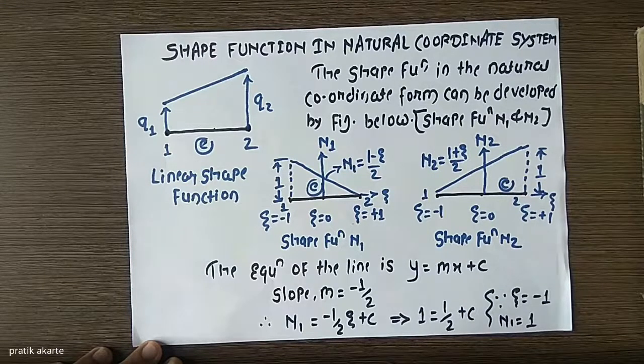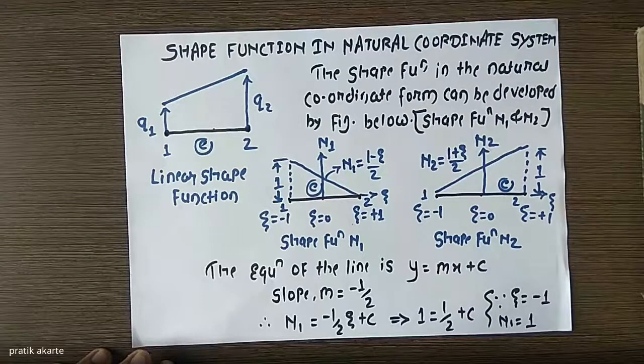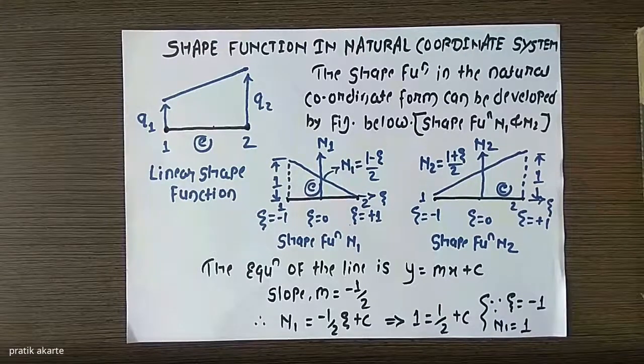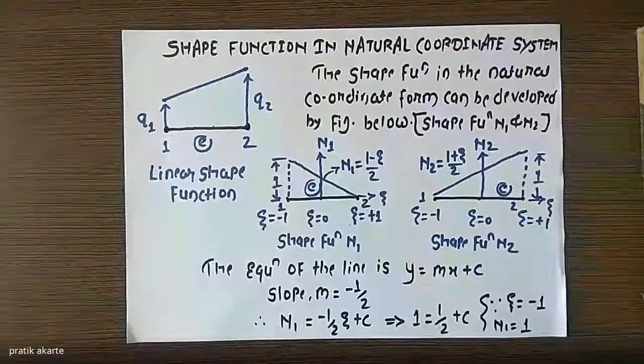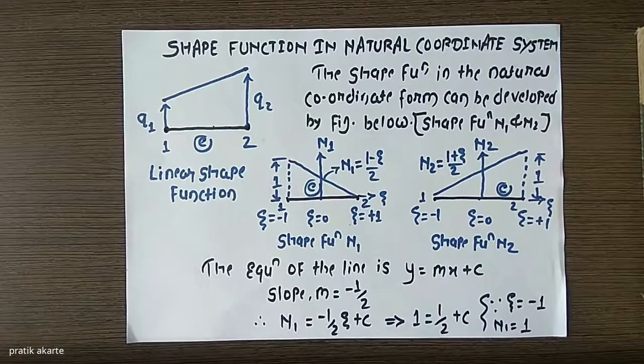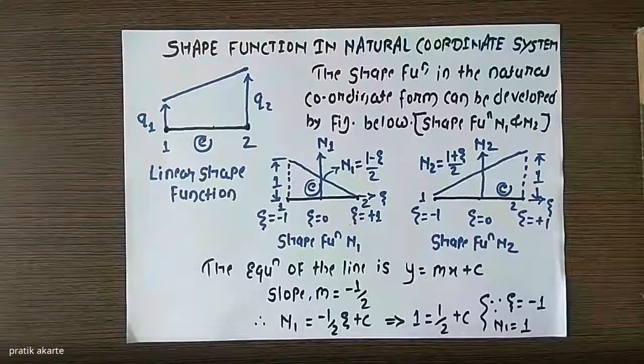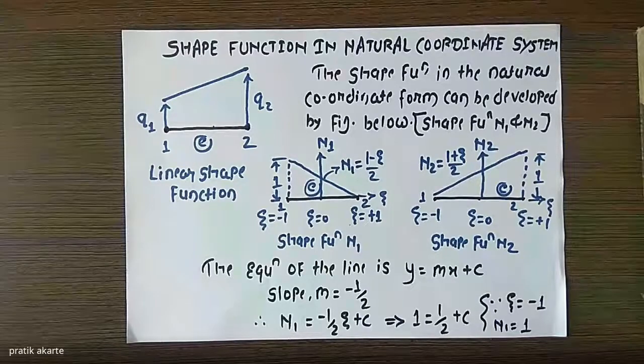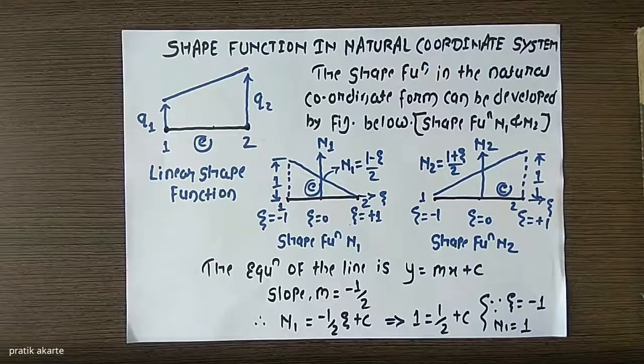And this shape function we'll be using in natural coordinate system, and then we'll try to establish its validity in your global coordinate system also. So you must remember the shape function in layman's language. We can predict the values of field variable at your nodes, but to establish the magnitude of field variables in between the nodes, at any point in between the element, you can use the shape function.